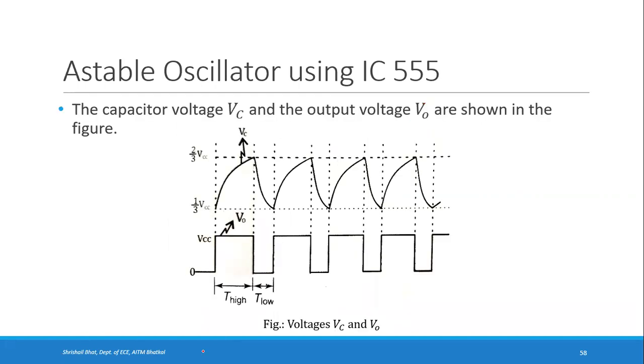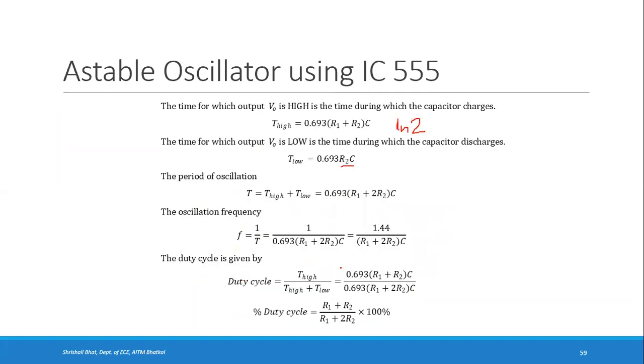If the high time and low time are equal, then the duty cycle will come to 50%. That means the signal is high for 50% of the total duration. If the high time is twice the low time, then it is 66%, right? That means for 2 times the low period, we have the signal as high. So depending on for what duration of the total time the T high is on, you get the duty cycle, right? So ratio of high time divided by the total time.